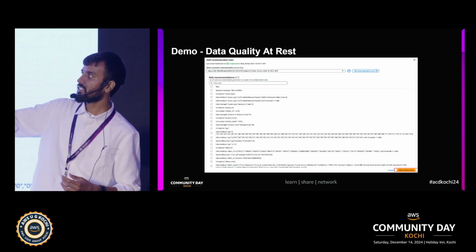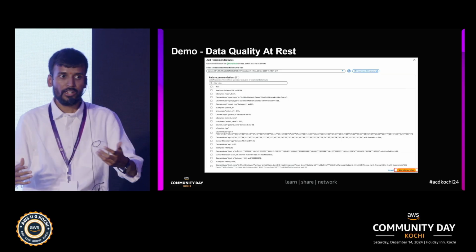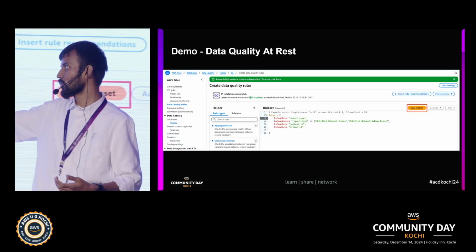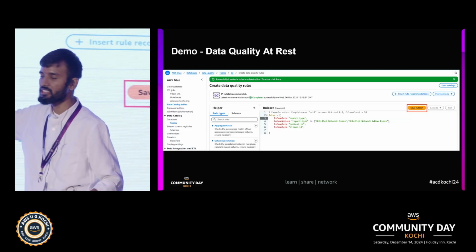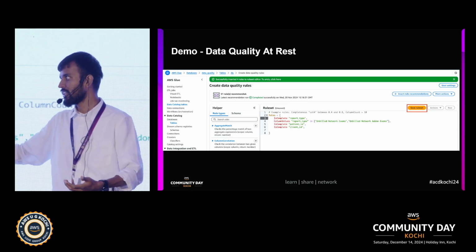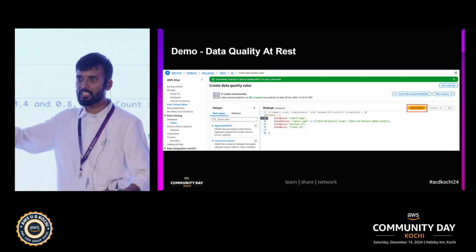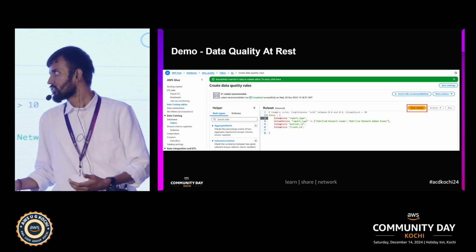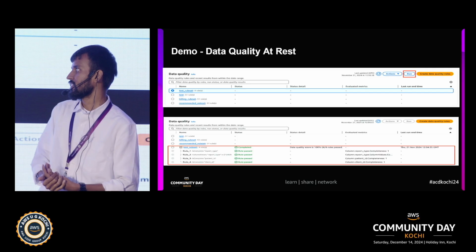And I will be selecting a few things required for my use case. So moving on to the next slide. I have just selected 4 things; this is actually a rule set. If you notice, this is my rule, and these 4 comprise a rule set, and this complete language is DQDL, data quality definition language. Once this is run, moving on to the next slide.